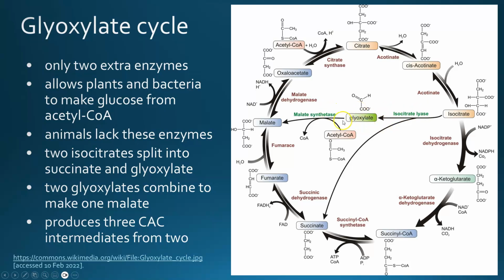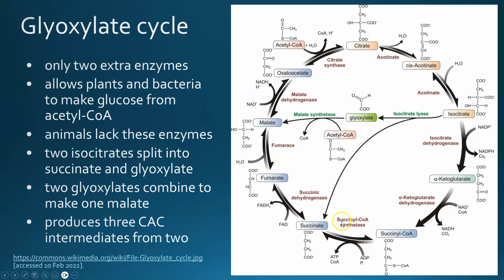What these two enzymes allow plants and other bacteria to do is to basically increase the number of citric acid cycle intermediates by converting 2 intermediates into 3. Let's take a look at how that works. If the acetyl-CoA comes in, when it gets to step 4, where isocitrate makes alpha-ketoglutarate, if instead of doing that, where you start to cleave off the CO2s, you have this enzyme, isocitrate lyase, that produces a 2-carbon carbohydrate called glyoxylate and a molecule of succinate.